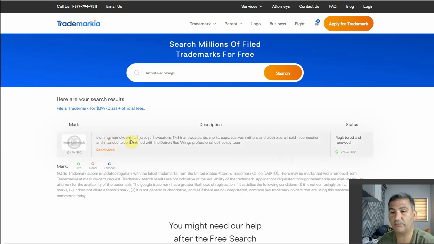And it's trademarked for shirts, jerseys, sweaters, t-shirts, sweatpants, shorts, caps, scarves, and a whole slew of other things, all sold in connection and intended to be identified with the Detroit Red Wings professional ice hockey team. So I would definitely not consider using this phrase or the logo of the Detroit Red Wings in a design of mine, because in doing so, I would obviously be infringing on this hockey team's trademark. So we don't want to do that, because obviously I want to protect my account and I don't want to